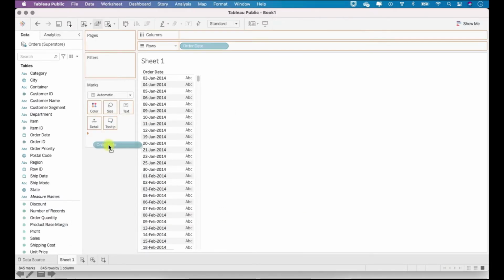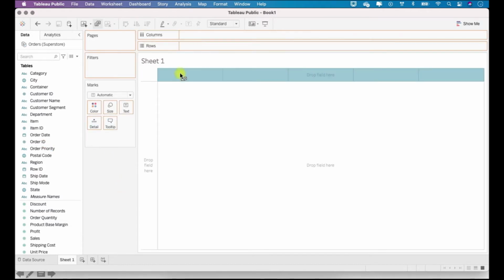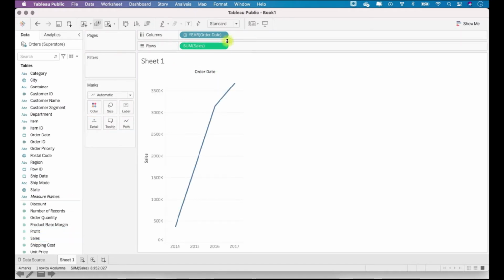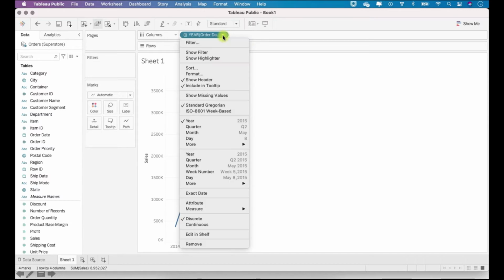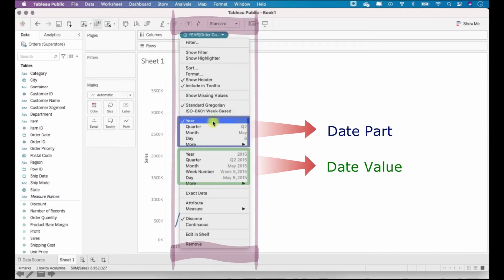Okay, now let me clear the view, and let me again drag the order date over here and sales over here. Now you see, click here, right click here, and you can see there are two sets of options: year, quarter, month, day here, and year, quarter, month, week number, day here.